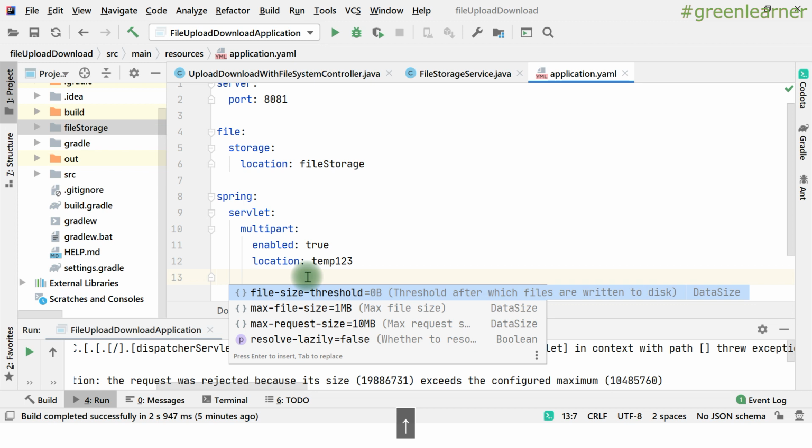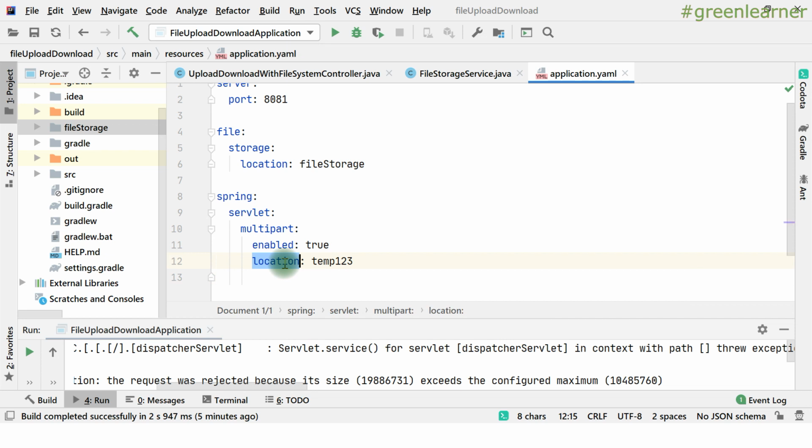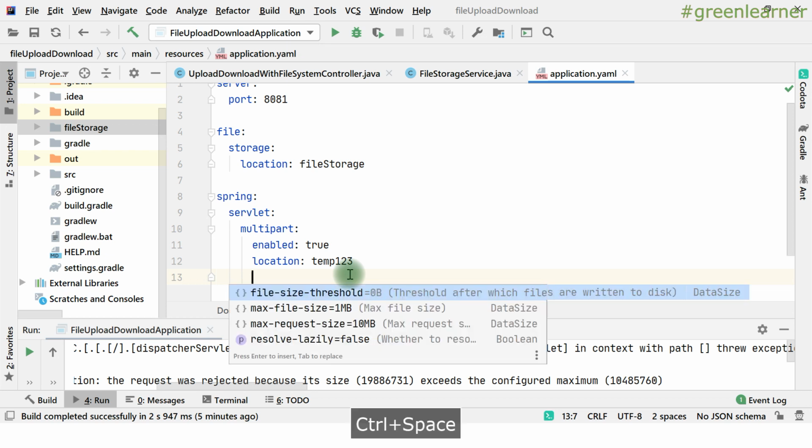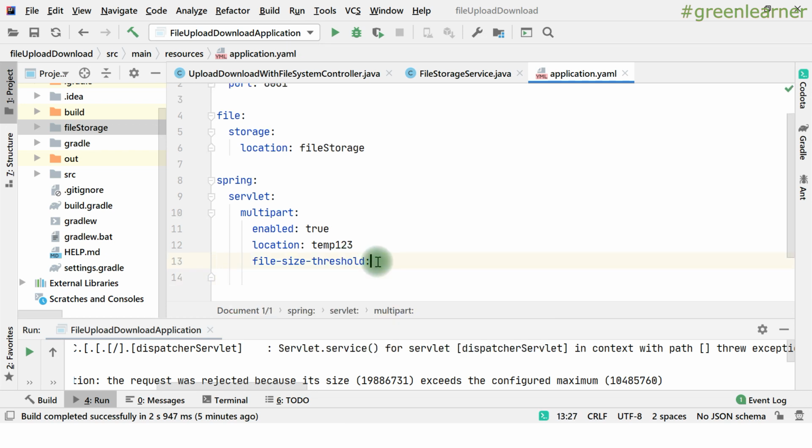So the next configuration is file size threshold. When you have too many files to upload and their size is too much, in that case we can think of network failure and all those things, where some files can be lost. Only then do we want to put a threshold for when this location is to be created, right? So the next configuration is for that only. For file size threshold I can put: if the file size is more than 5 MB, only then create this location, otherwise not, right? So just keep this in mind.